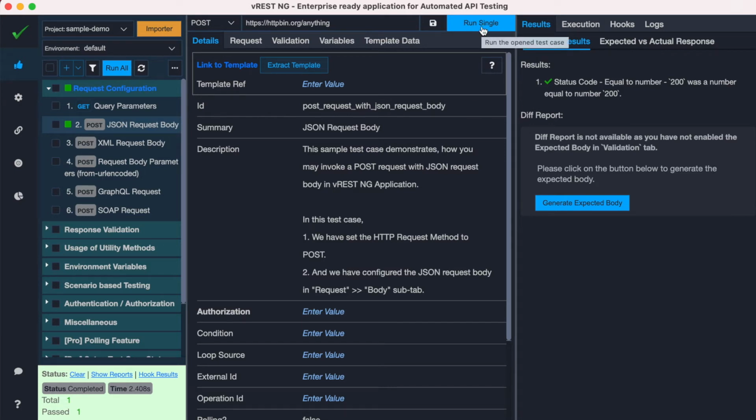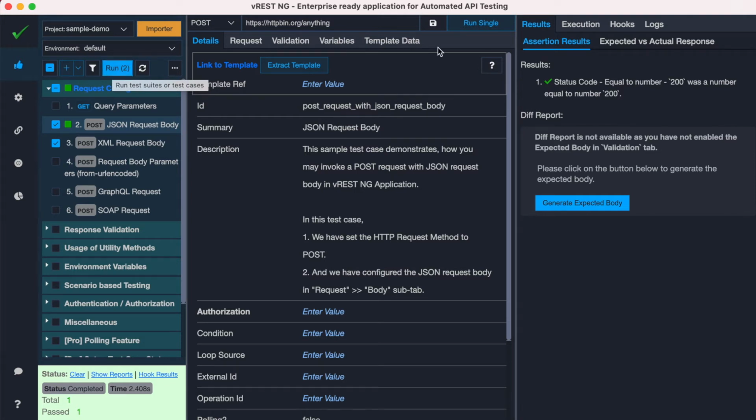Please note that if the test case is dependent on some other test case, then you may see some unexpected warnings or results. Now if you would like to execute few of the test cases, then you may just select them and click on run button. So let's suppose we would like to execute second and third test case, then we can just select these two test cases and you may just click on this run button available in the left pane.